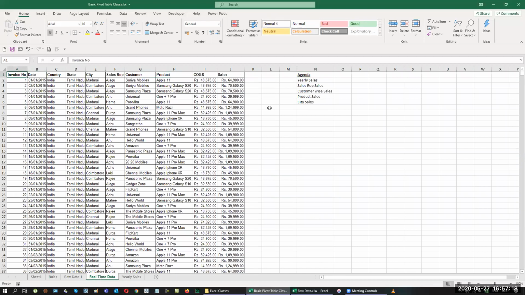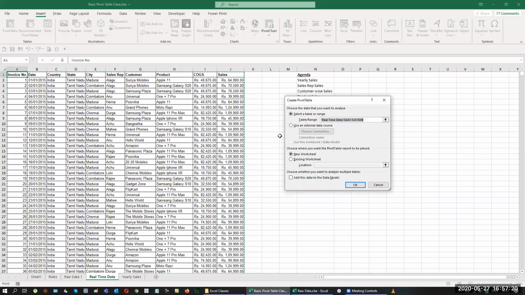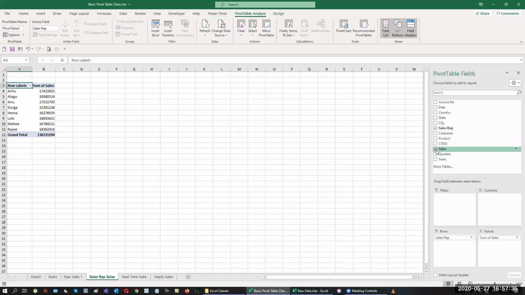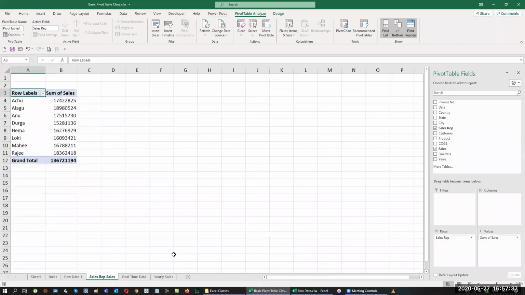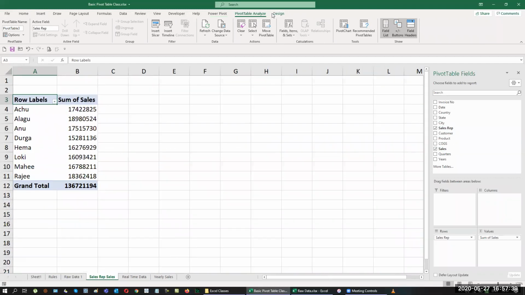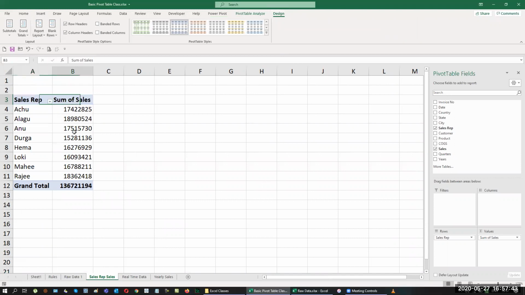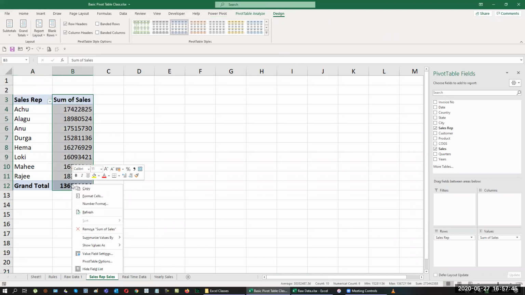So let's place the cursor here again, Alt NV, and a new sheet is required. Let's add a new sheet on sheet 7. Rename this as sales rep sales. And then check the sales rep, check the sales, and make it a little bigger, and do the following formats. Design, report layout, show in tabular form, select the amount column, right click,